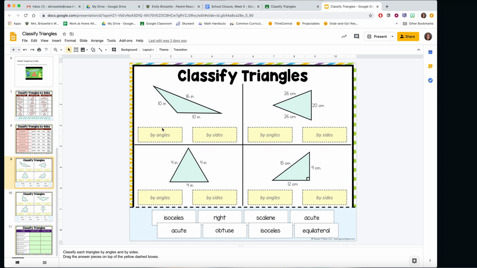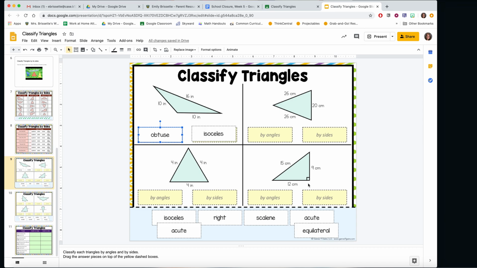So let's do this one together. If it has 2 side lengths that are the same, I'm going to be looking at either isosceles, scalene, or equilateral. If it's 2 sides the same, that makes it isosceles. So we're going to drag the isosceles into side lengths over here. I noticed earlier there's a big fat angle. And when we think large, we're thinking obese, we're thinking obtuse. So I want to put an obtuse into the angles because it has 1 angle that's bigger than a 90-degree angle